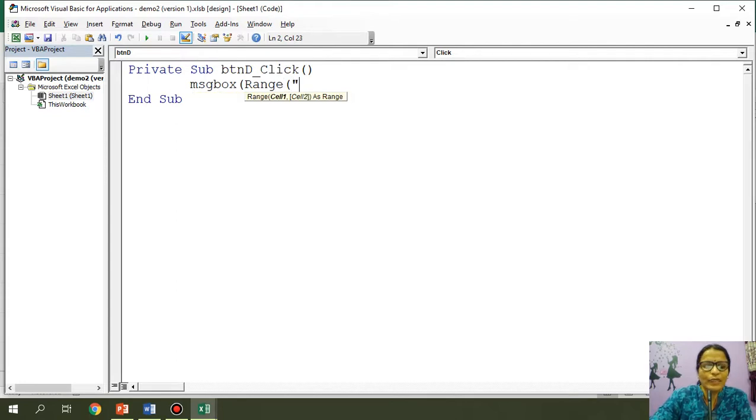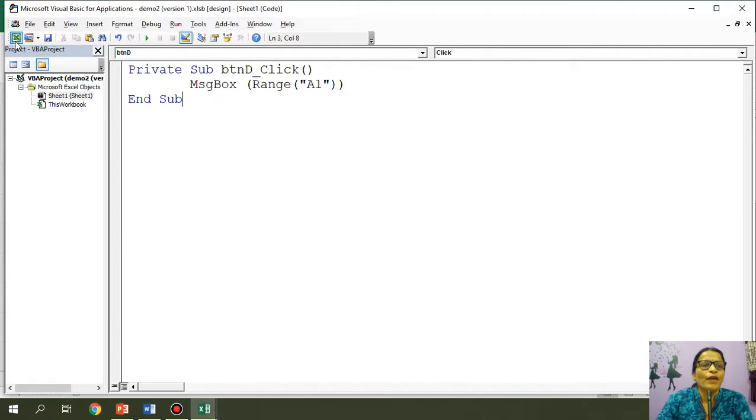So I will just say range A1 and close the bracket. Just make sure you are using the proper number of brackets, that is here you have open, here you are closing. Again for A1 you have used this bracket. If there is anything wrong, of course it shows you an error. Okay, so message box range A1.